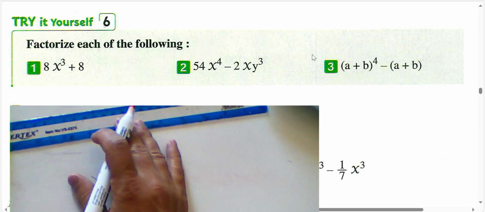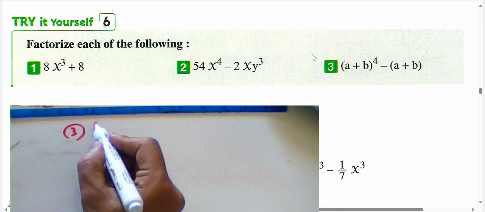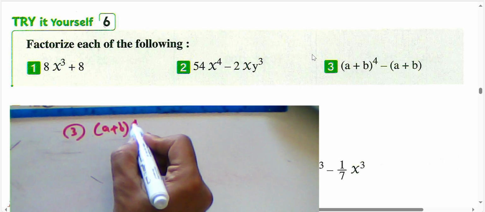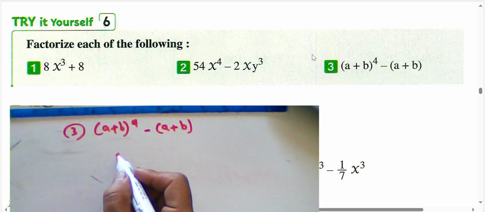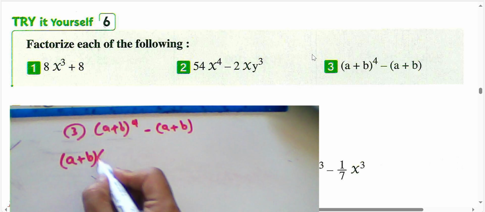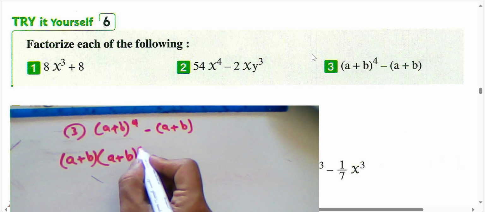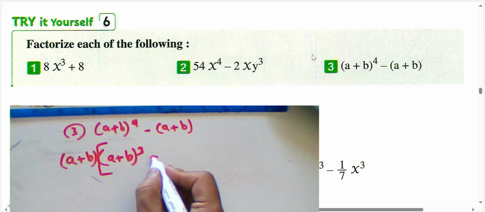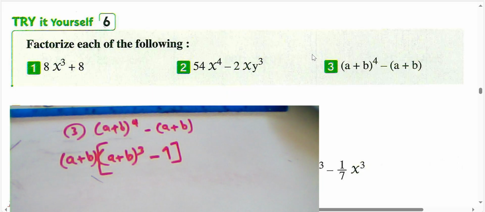Number 3. We have a plus b whole power 4 subtract the sum of a plus b. We can write a plus b as the common factor between them, and divide this expression by a plus b, it will be a plus b all power 3 in brackets, subtract this bracket divided by itself, it will be 1. And then we can factorize this expression. We write a plus b,